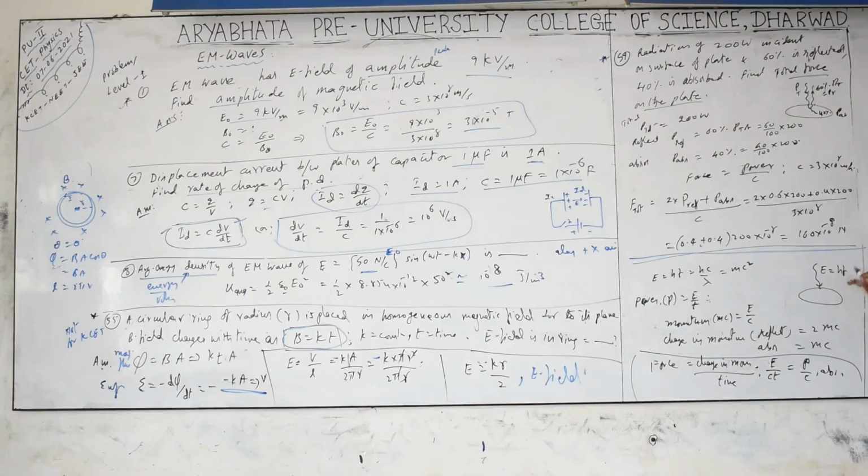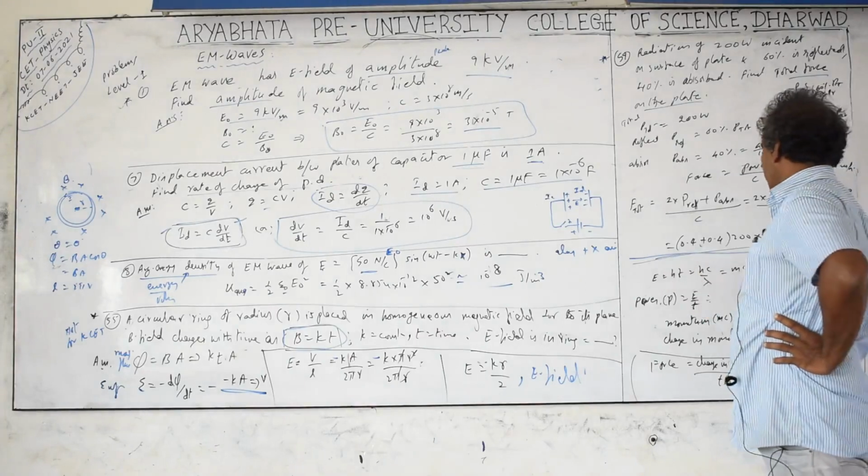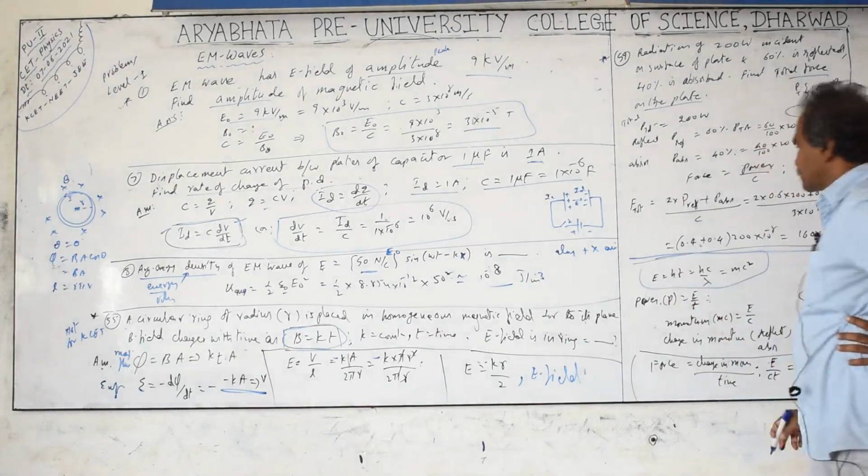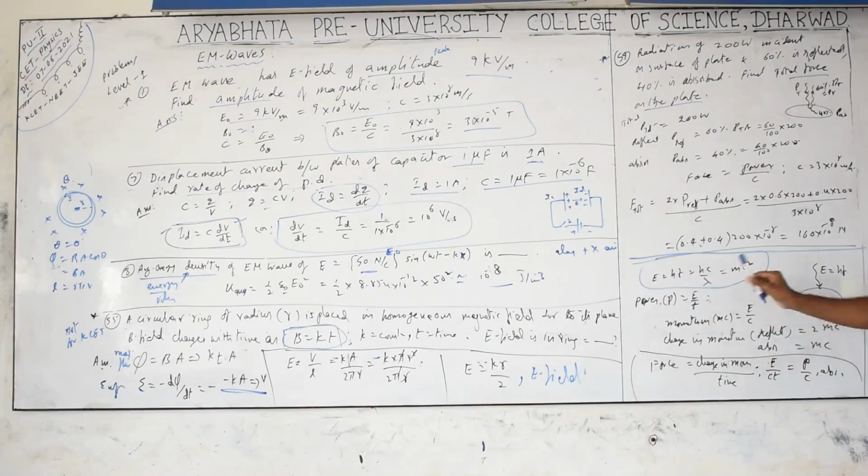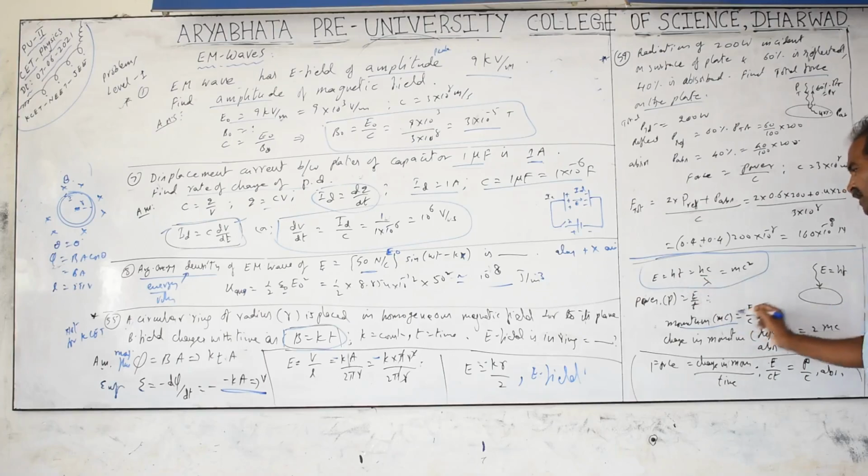Light of energy E equal to hf we can take, or hc by lambda I can take. The relation between energy and momentum is taken from Planck's energy relation and Einstein's mass-energy relationship. Energy equal to hf or hc by lambda is also equal to mc square, but momentum is nothing but equal to m into c, mass into speed, or velocity, magnitude is speed only. In mc square, one more c comes here, so mc square means m into c into c. So m into c is equal to E by c, going to the left side. If they give the frequency, E equals hf. If they give lambda, E equals hc by lambda.